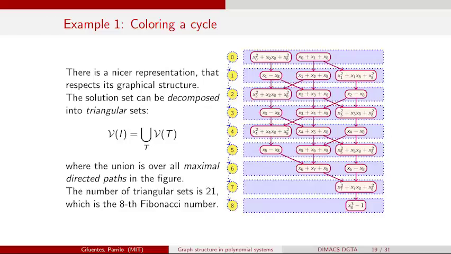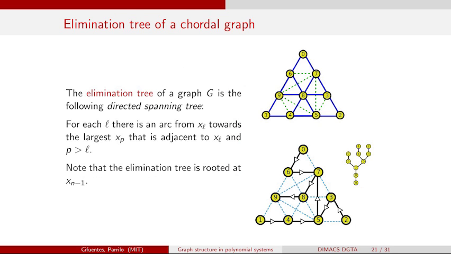Good. So I showed you one example in here. This is perhaps very nice and very symmetric. Let me give a more complicated example, but I need to define something a little bit before. Again, I won't define it formally. It's really just a consequence of this notion of an elimination ordering. Once you have a perfect elimination ordering, and this also comes from the linear algebra literature, there's this notion of elimination tree. If you're an expert in Cholesky factorizations, you remember these elimination trees that you do for graphs.